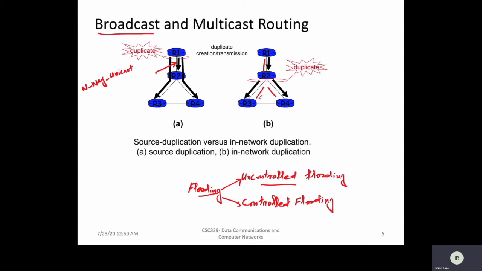But clearly, if the graph is connected, this scheme will eventually deliver a copy of the broadcast packet to all the nodes in the graph, right? Although this scheme is simple and elegant as well, it has a fatal flaw. That is, if a graph has a cycle, then one or more copies of each broadcast packet will cycle indefinitely, creating